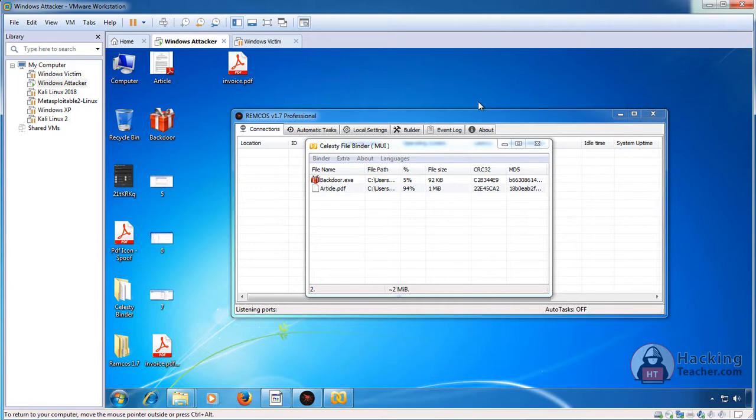Everyone requires something to send as a PDF or a doc. Why? There is a reason behind it: people accept a PDF or a doc more readily than an exe, because they will see an exe as malicious.